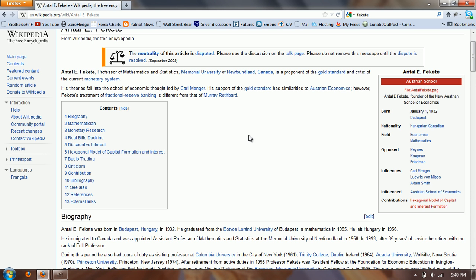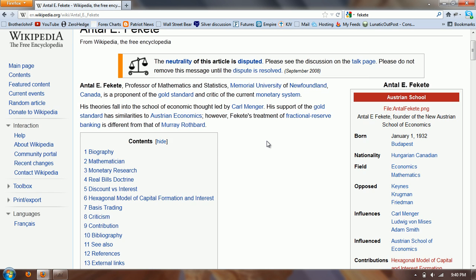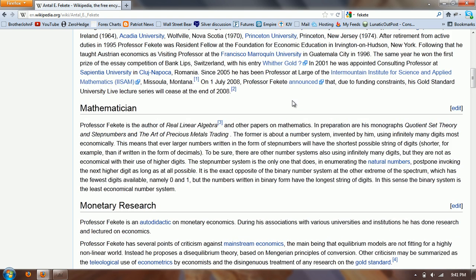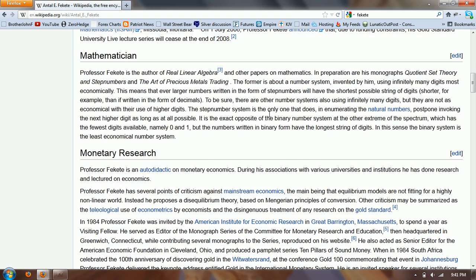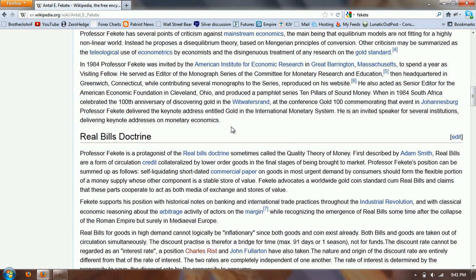He's a professor of mathematics, and he was born in 1932. This has obviously been around for a long time. His original profession is as a mathematician, but he is an autodidactic monetary economist, which just means that he's self-taught. So he has some interesting opinions that don't really match with traditional von Mises Austrians, but there's no doubt